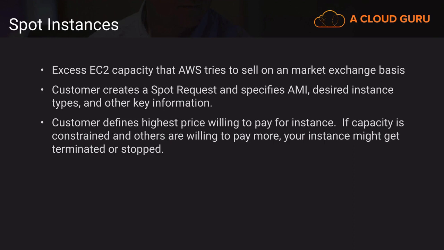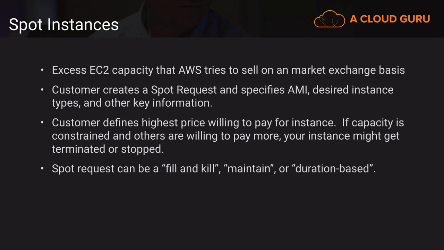And if the capacity is constrained and others are willing to pay more, your instance might get terminated or stopped. And spot requests can be one-time only, maintain, or duration-based. One-time only I call fill and kill. So it spins up a spot instance if your price is higher than the going rate, and it will get